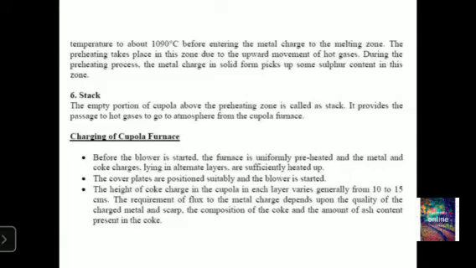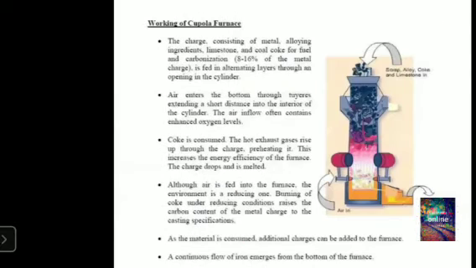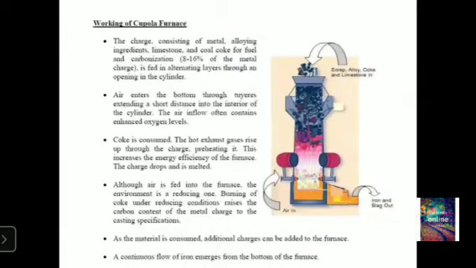Next, here we are having a sand bottom. Coke is charged extending up to a predetermined height. This serves as the coke bed within which the combustion takes place. The cupola operation is started by igniting the coke bed at its bottom.